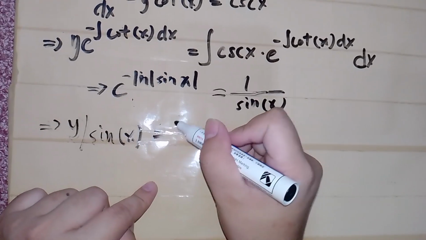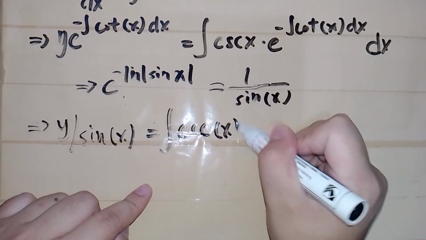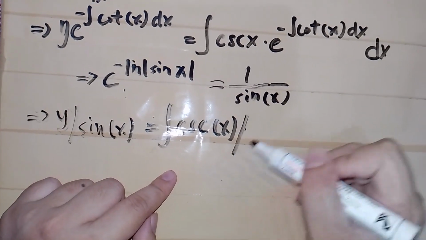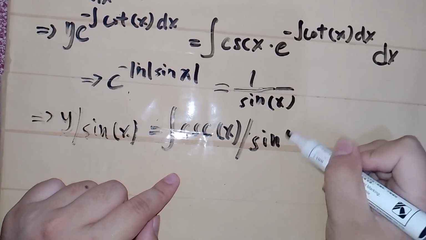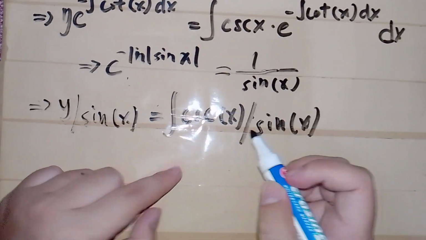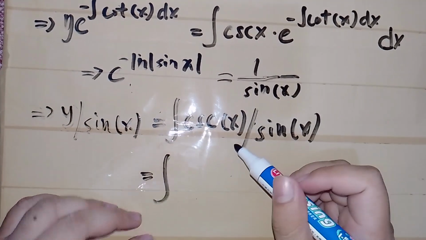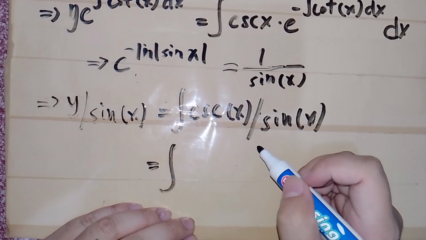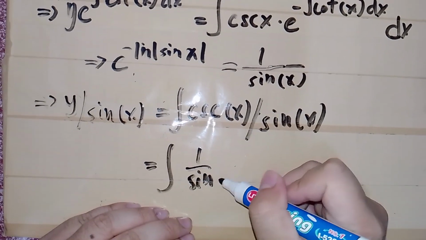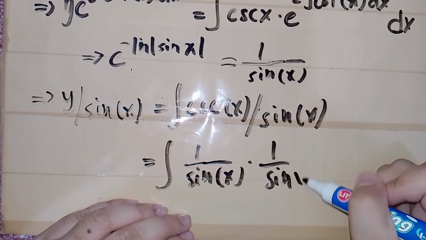And the integral of cosecant of x times 1 over sine x, it will become over sine of x. The equivalent of cosecant x is 1 over sine x. So, times our 1 over sine x,